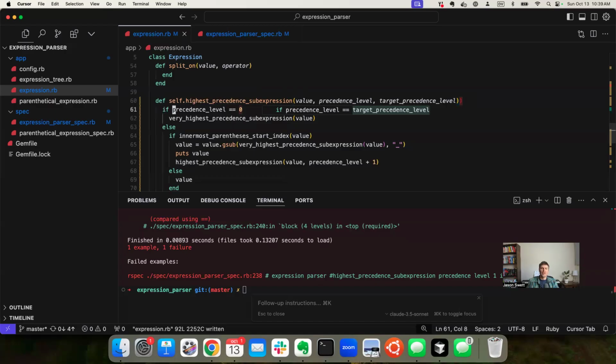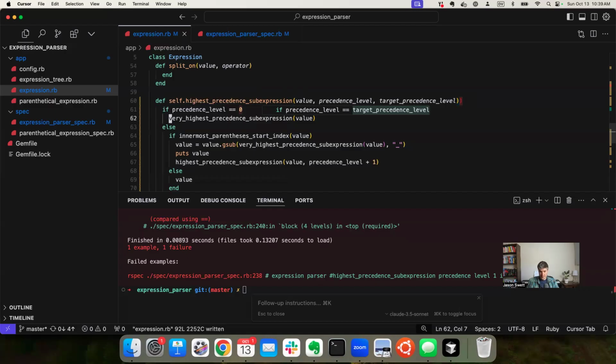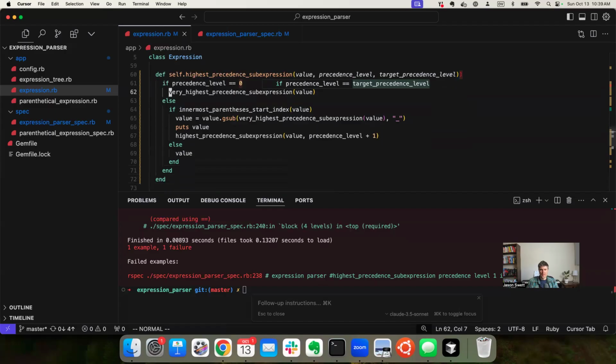Target precedence level. So if the precedence level equals the target precedence level, then we want to return